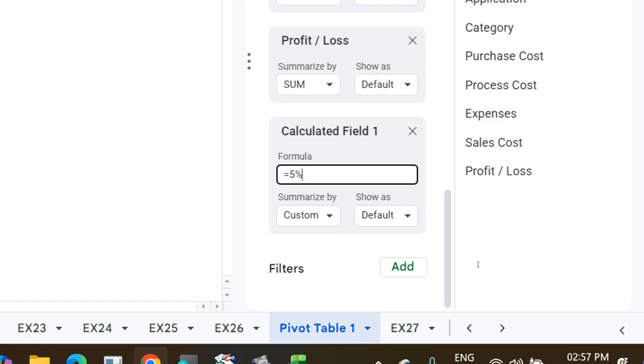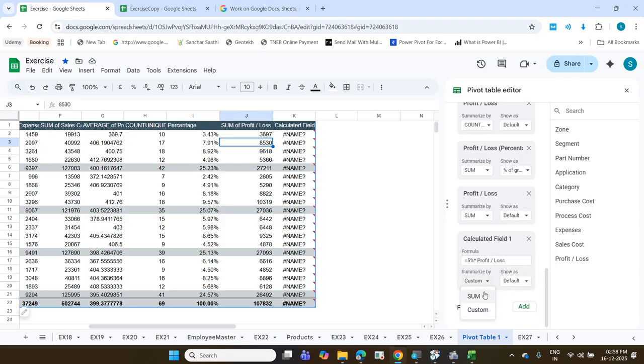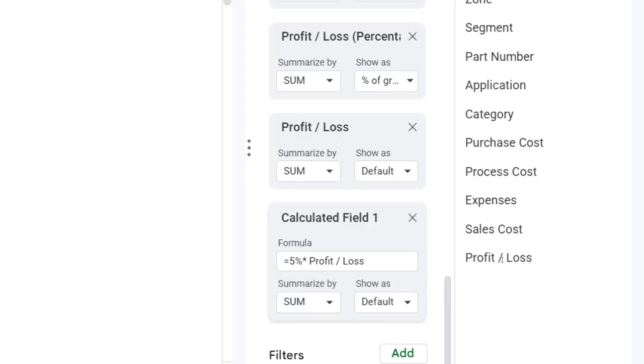Multiply it with profit and loss. What is spelling? Why I given a wrong spelling. Profit space slash loss. Times we have to put a